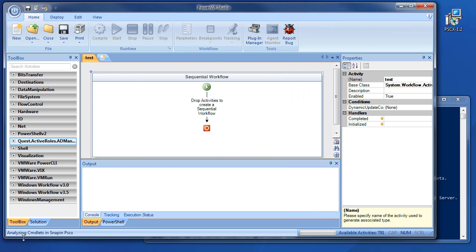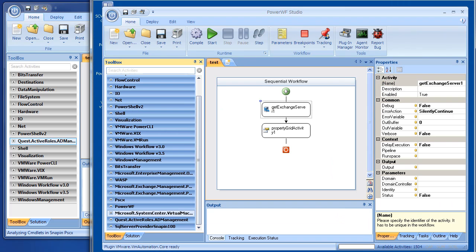We can watch in the status bar here that it's found PSCX and it is analyzing the commands that are in there. This is going to take a few minutes. It needs to go interrogate all those cmdlets and make them available for this toolbox. So while we're waiting for that process, let's flip over to a virtual machine that I prepared earlier,